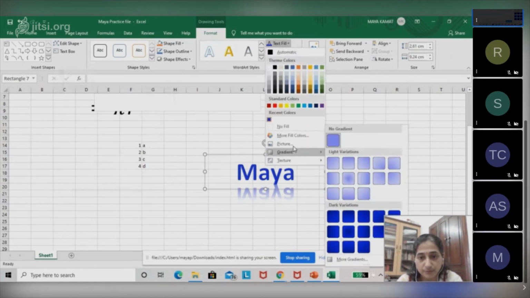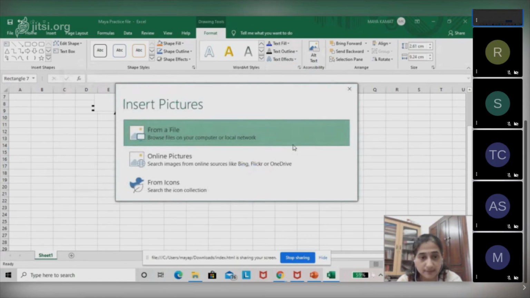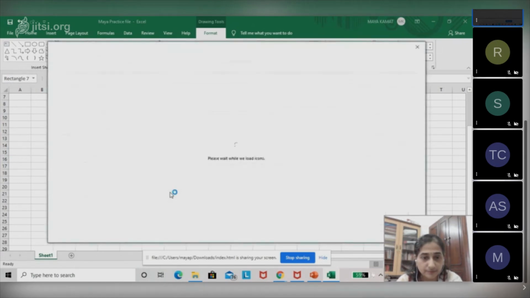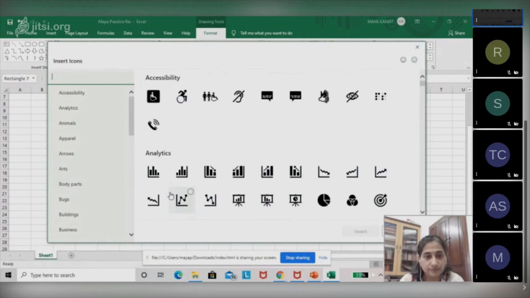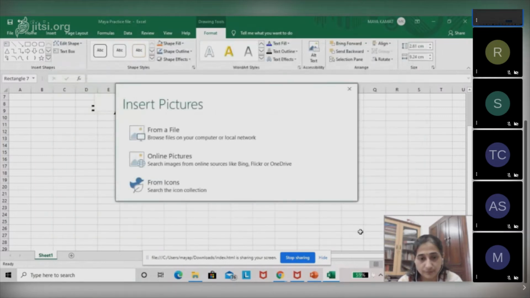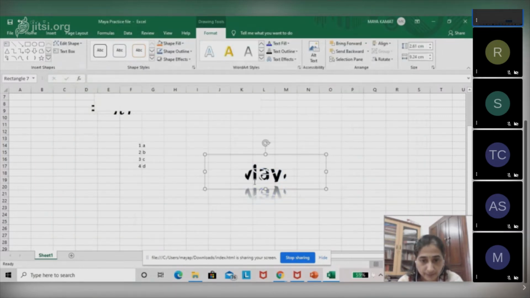If you want a picture to come inside the text, see, can you see my name coming along that picture, in the direction of that picture which was chosen?